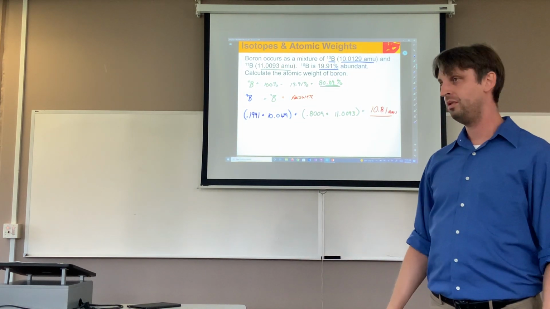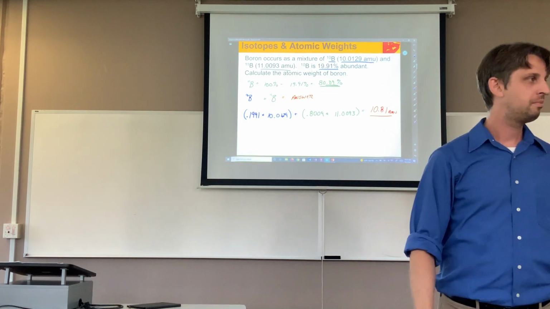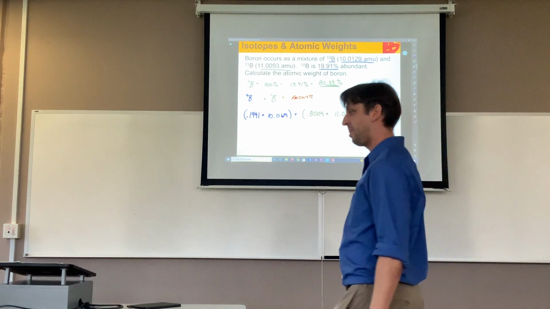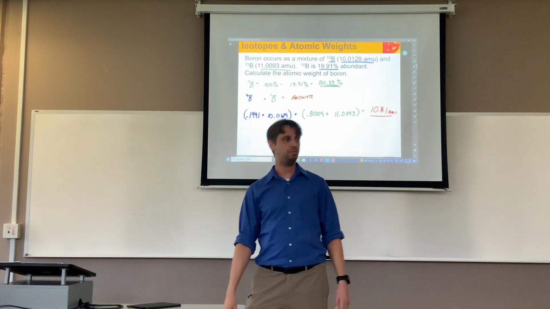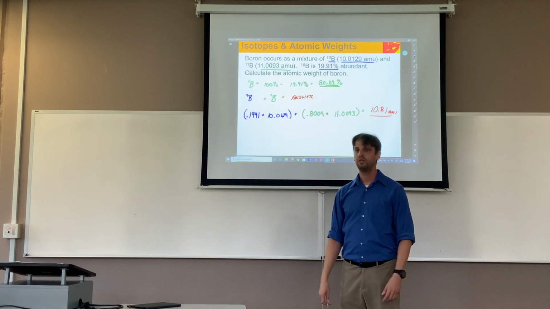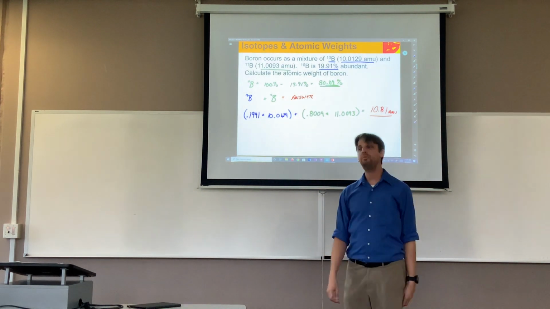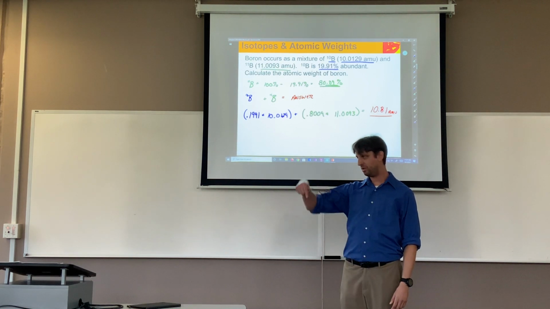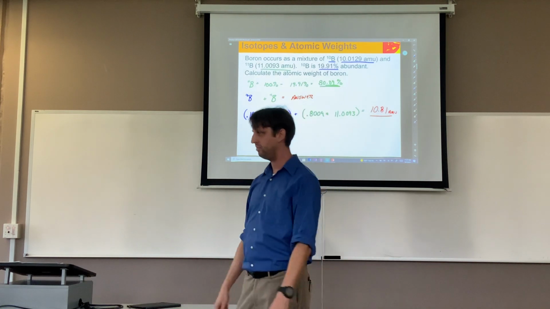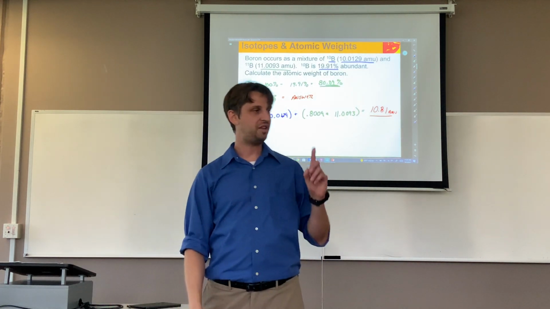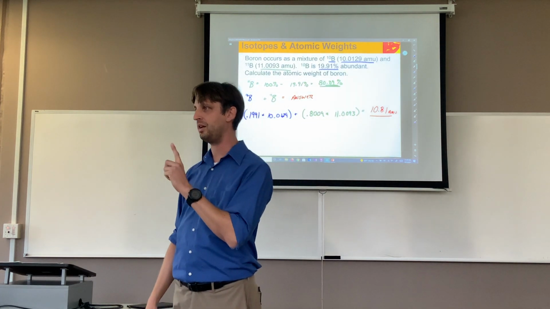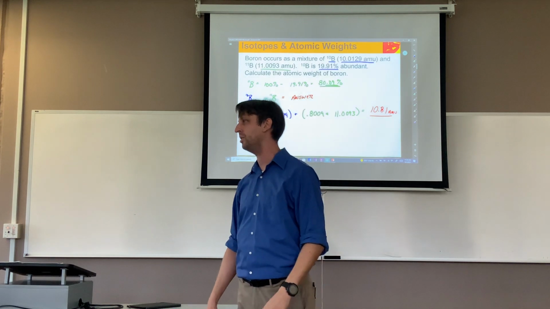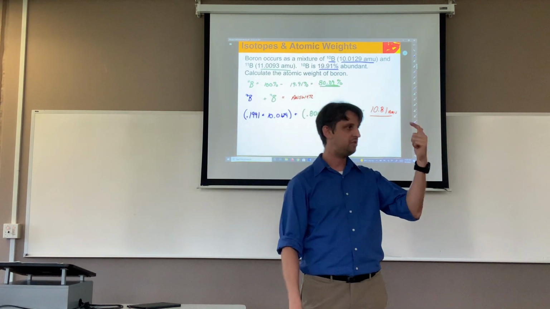Is that answer right? How do we know? Did you guys know you had the answer in front of you the whole time? Where's boron on the periodic table? What's the number at the bottom of the box with boron? That's got to be a coincidence. There's no way that could be the same thing, right? What's the number at the bottom of the box for boron? 10.81. Do you guys understand the point that I'm trying to make? We are calculating that number on the bottom of the box on the periodic table. That's all we're doing. What do we need to do that? The percentage and the weight.